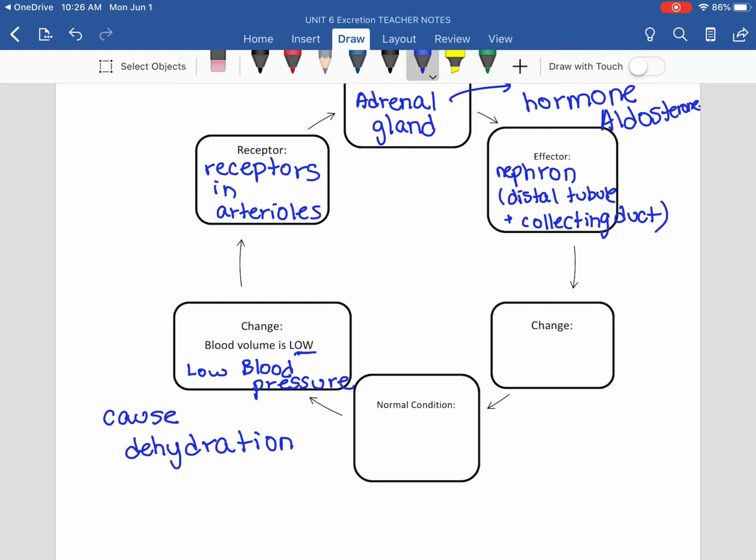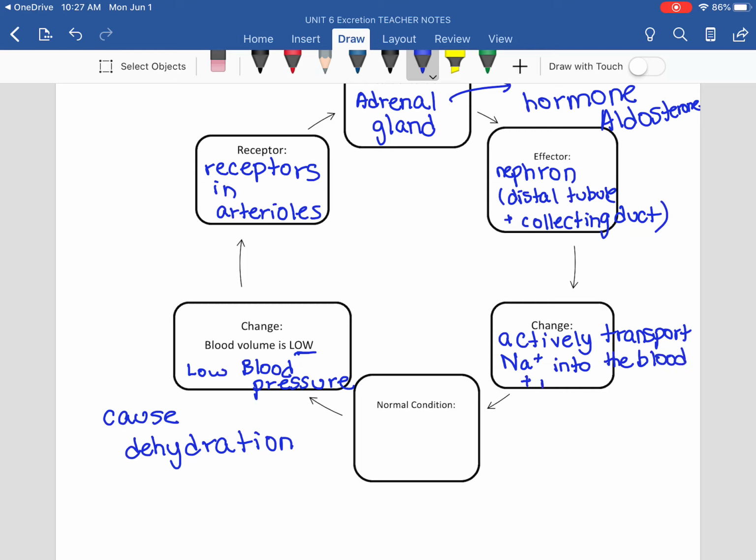Okay, so it's going to work on actively transporting sodium. So what's going to happen here is those tubules are going to actively transport, which means it's going to require them some energy, sodium ions, okay, part of salt, into the blood,